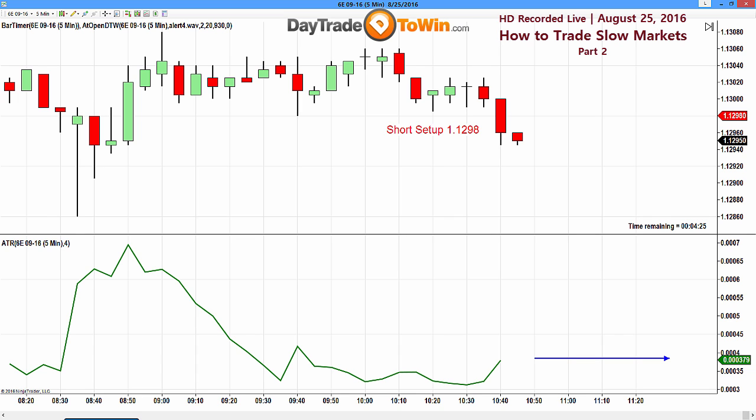Now, the problem with slow markets, we've seen this last couple of weeks, is that it may touch your limit order, but you don't get filled. It may touch your profit target, which is also a limit order, and you don't get filled. So how do we manage that? Because touching and not getting filled doesn't help. So trade management, something I teach, is very important because of the risk.